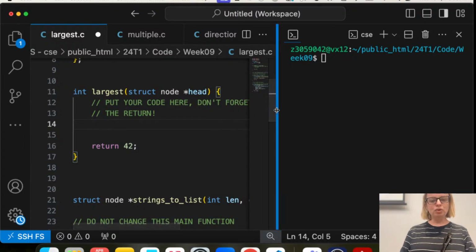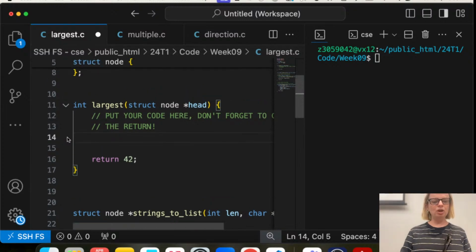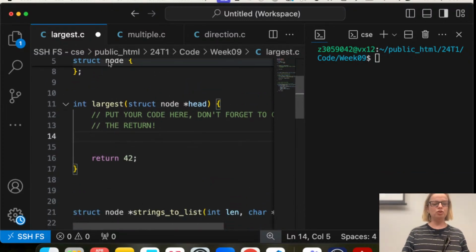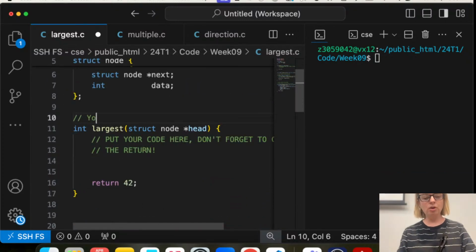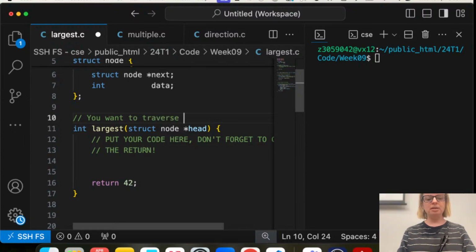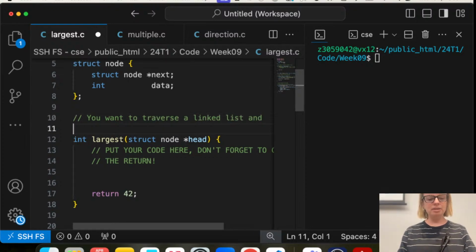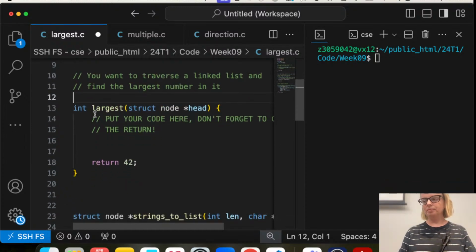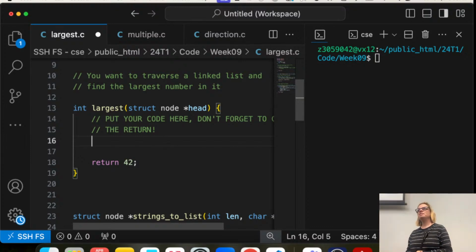Okay, so let's do this largest business here. This question basically wants you to traverse a linked list and find the largest number in it. I haven't seen you doing linked lists.